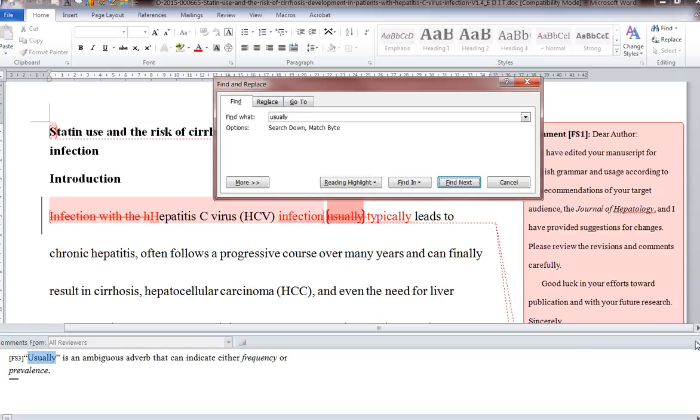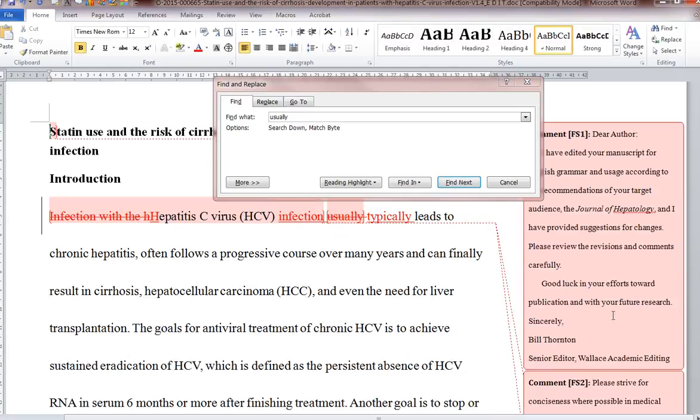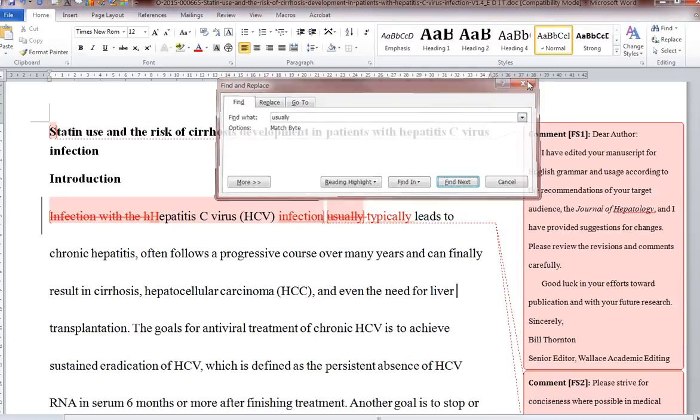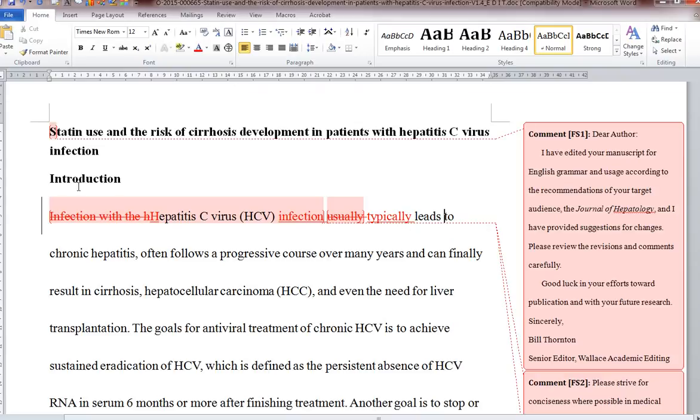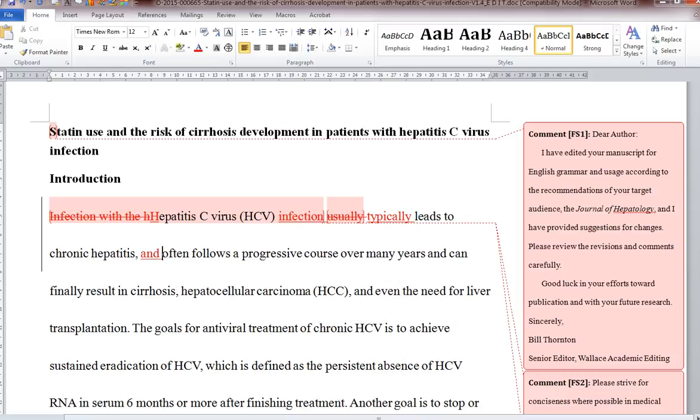Okay, it turns out that's the only one, and I can move on from there. Moving forward with this sentence, leads to chronic hepatitis, often follows a progressive course over many years, and can finally result in cirrhosis. I'm going to move back. I think a conjunction here would work. It clarifies it somewhat. The author has multiple clauses here, and